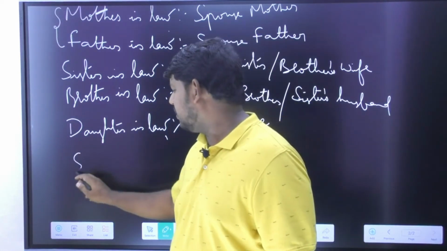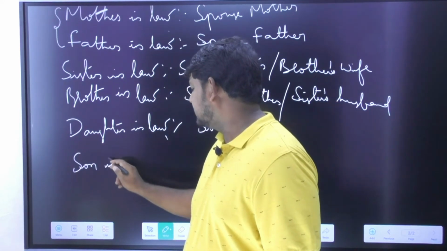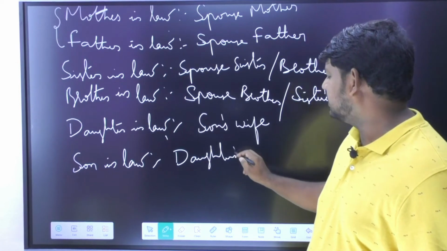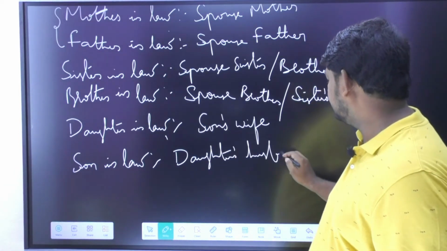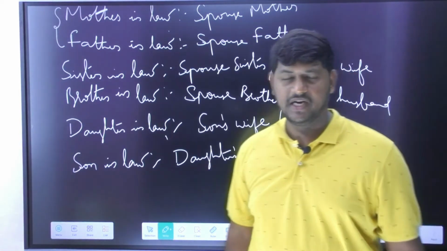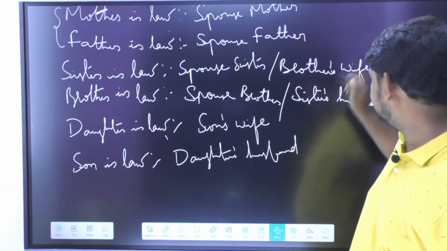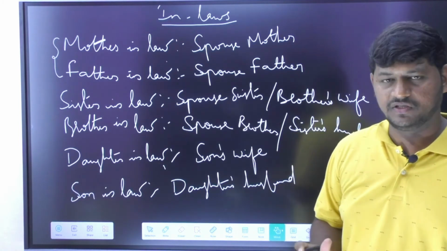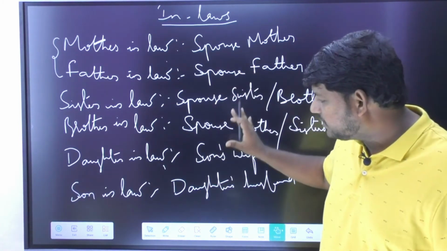And last but not the least, it's your son-in-law. Now whom do we call son-in-law? Your daughter's husband is going to be your what? Son-in-law. Relations, whatever relations I am mentioning over here, it is actually your in-laws, persons related to you through system